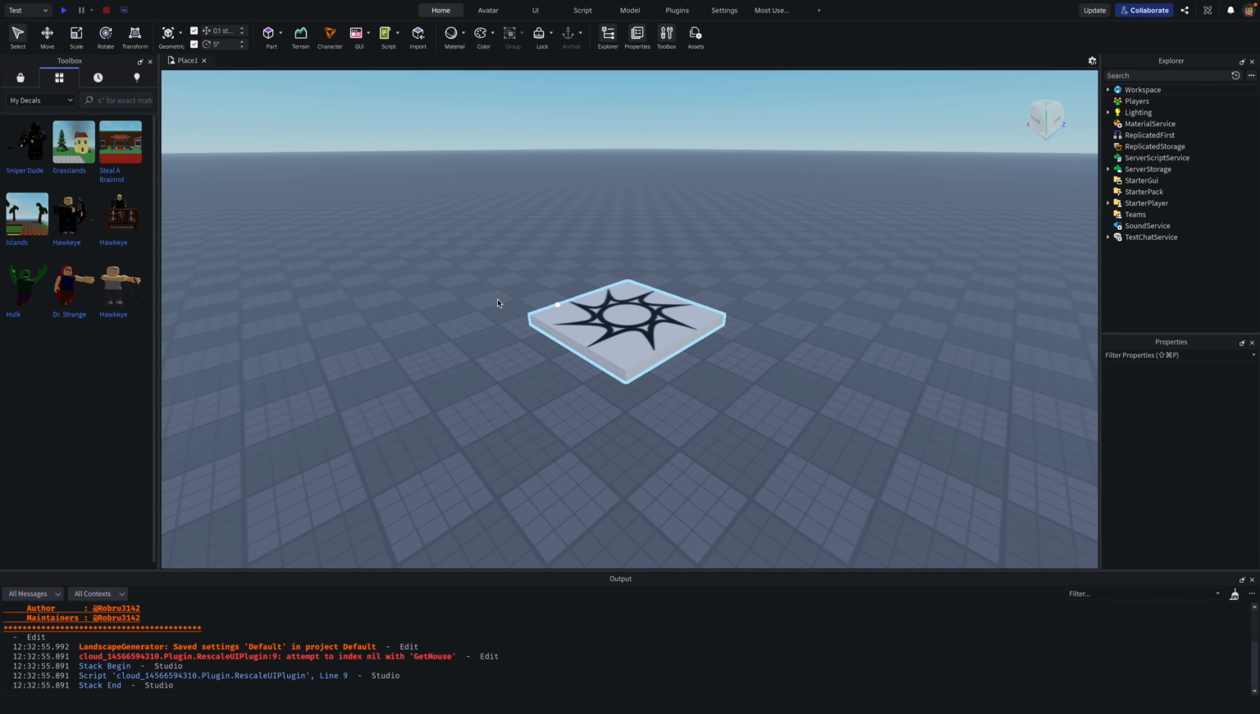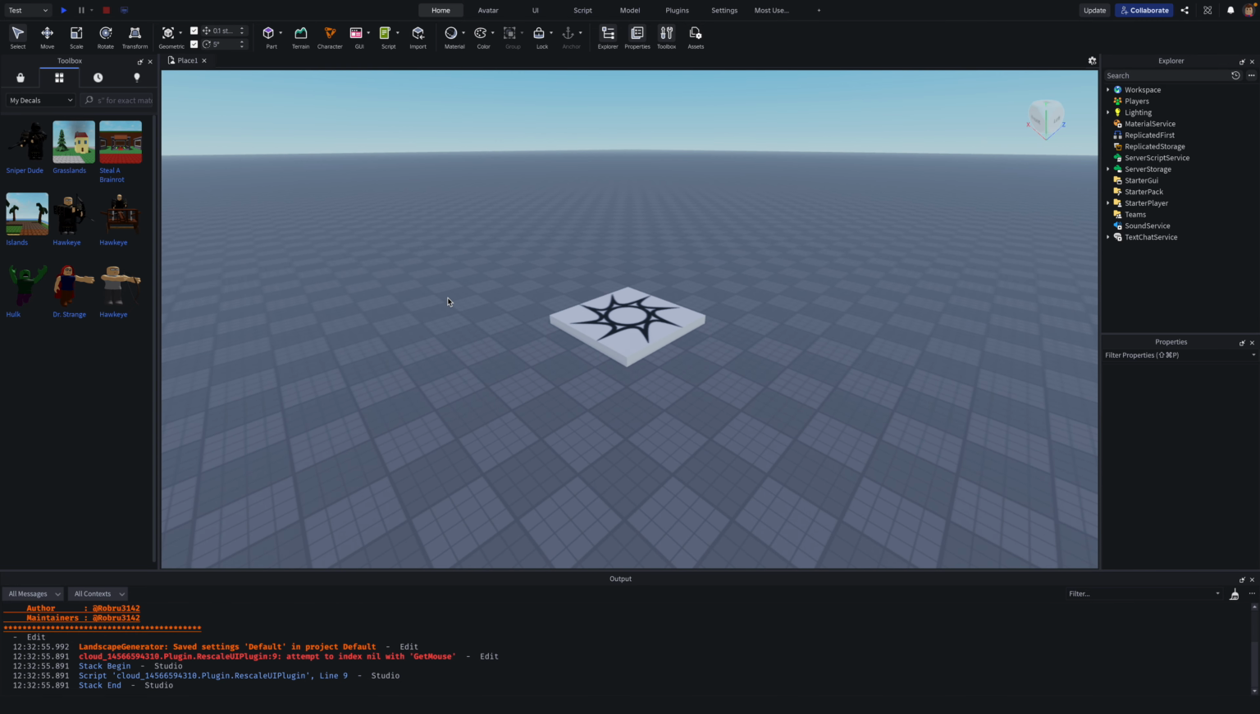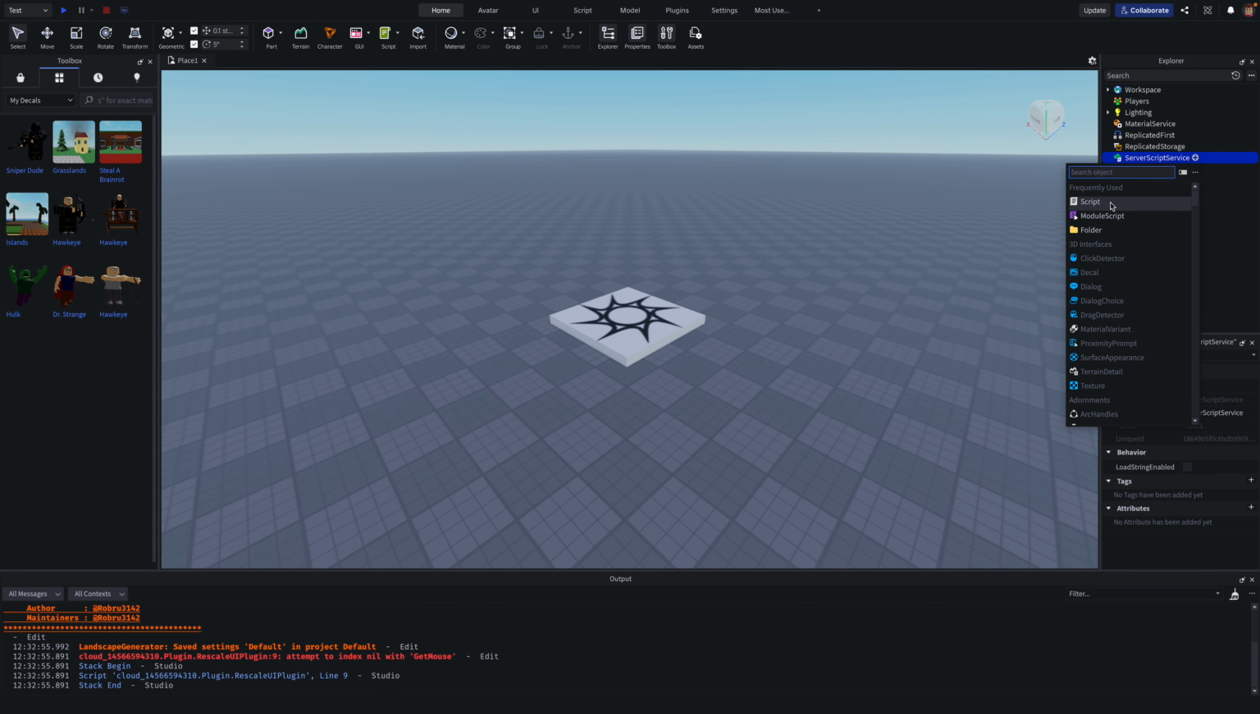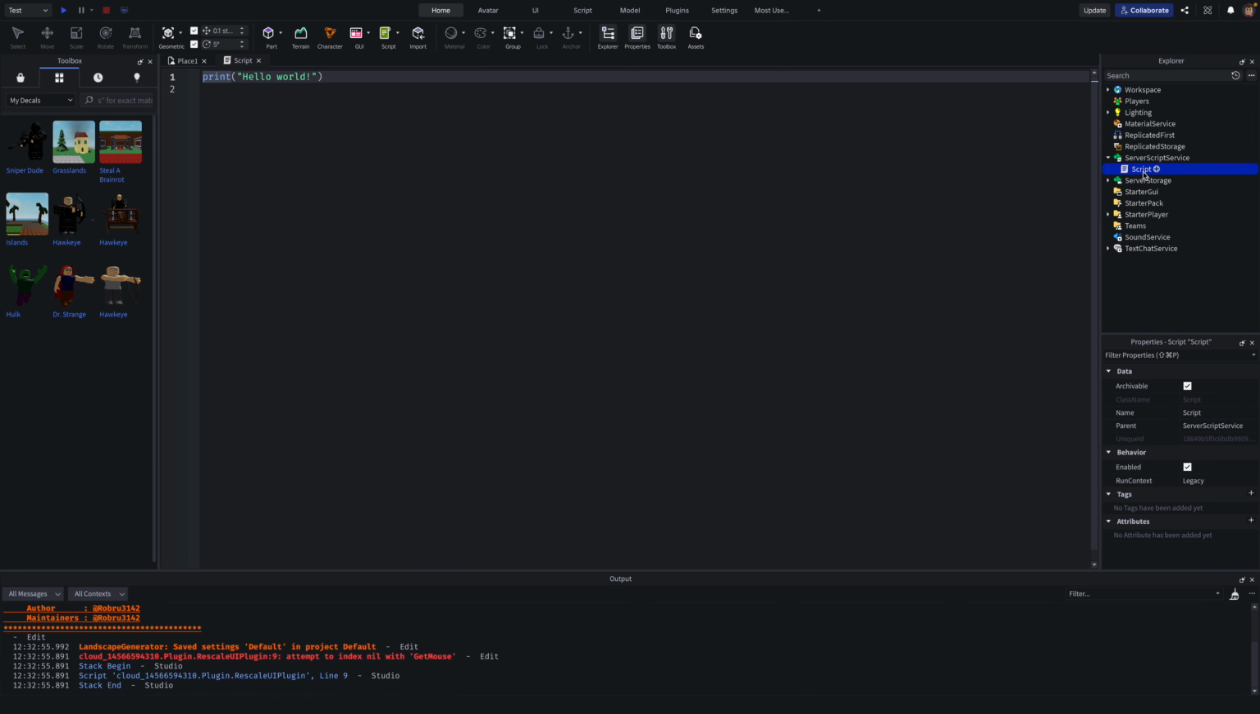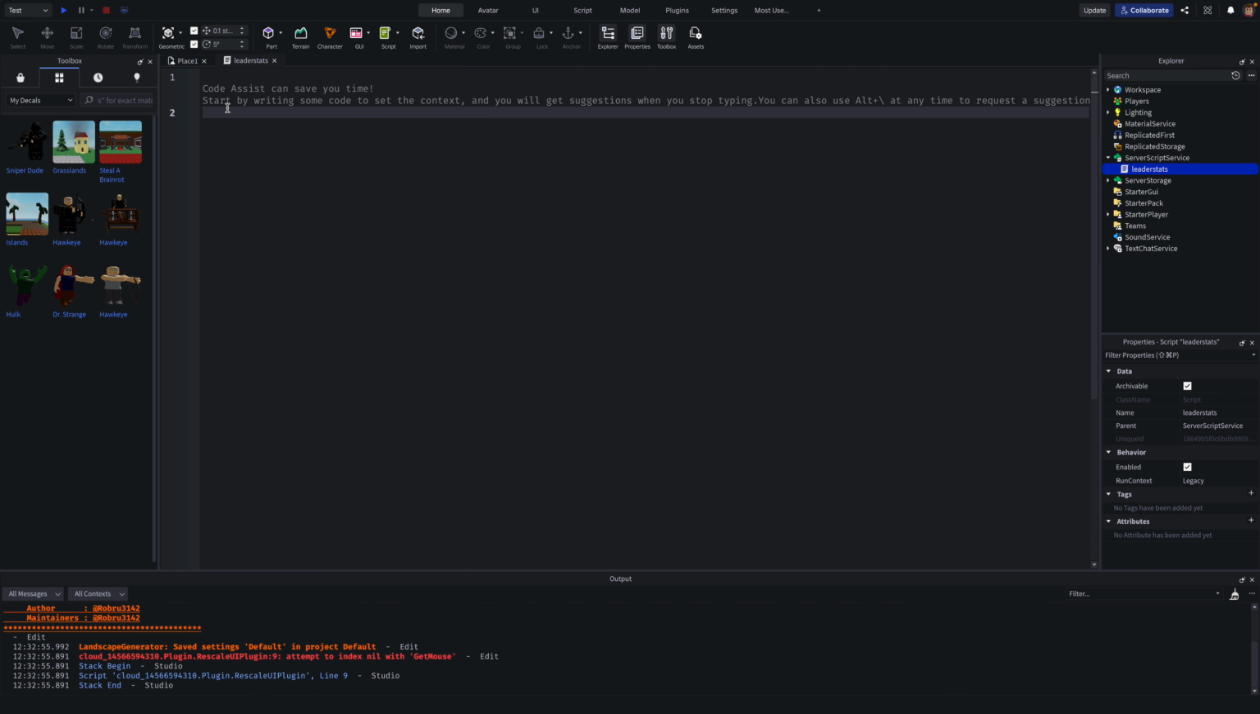So first thing you want to do, you should probably get the leader stats, like the money, going first. So if we go here, insert a script, and name this leader stats. Okay, and then delete print hello world, and